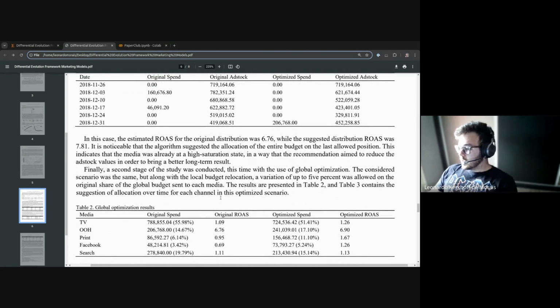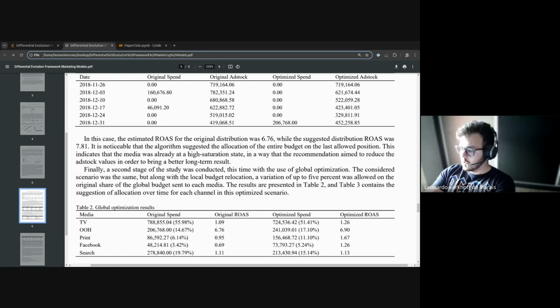And what we did next is to show how it works with a global set of data. So a lot of media channels, this is what we would usually see on a real company. So you have TV, you have outdoor media, you have print media, you have Facebook advertising and search advertising. So here we had the original spend on this 6-week period of the data set, and the market share of each media. And for this counterfactual scenario, to maintain a conservative approach, that's what we would usually do